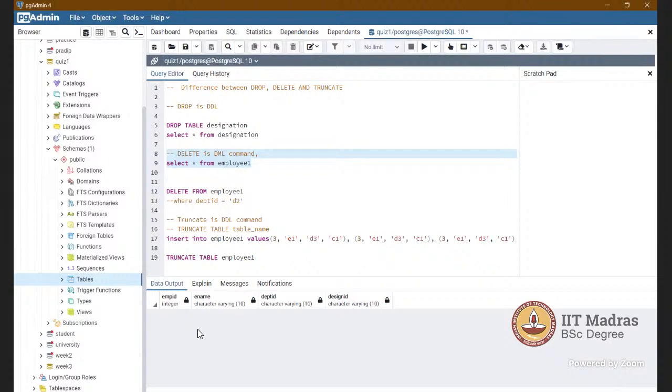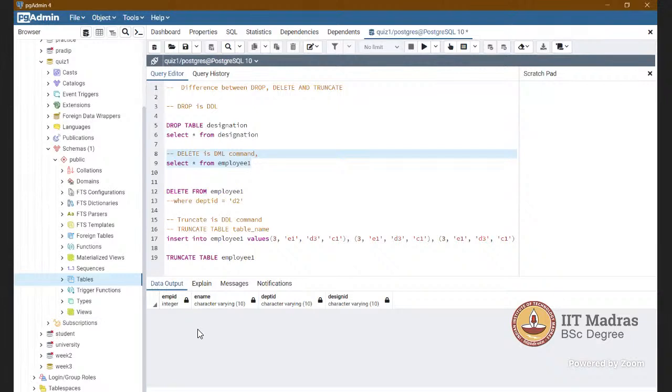Sir, I think an important point to note is that drop table we can roll back, but for the other two commands, delete and truncate, we can't roll back. In the delete command, we can roll back, right? Yes, sir, that's what I mentioned. In the delete command, we can roll back.